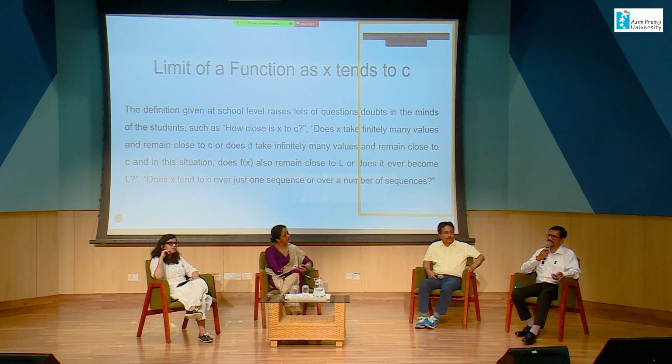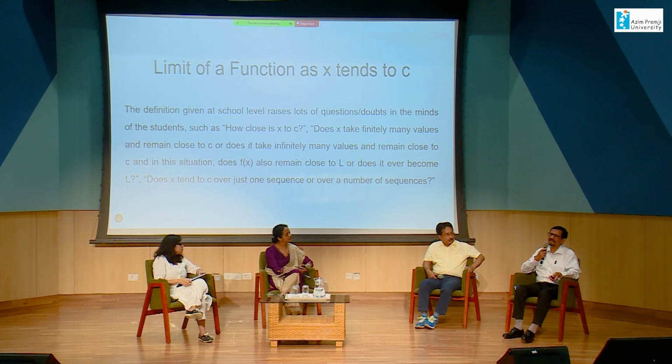There are many doubts in the minds of the children as to how close x would be to c. Whether x will take finitely many values and remain close to c, or will take infinitely many values and remain close to c. Will it ever become c? And whether the function f(x) will always approach the number L, or will it ever become L? So lots of doubts are there in the minds of the children. What we do normally